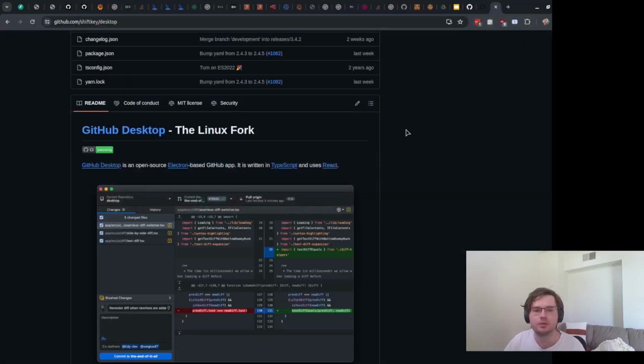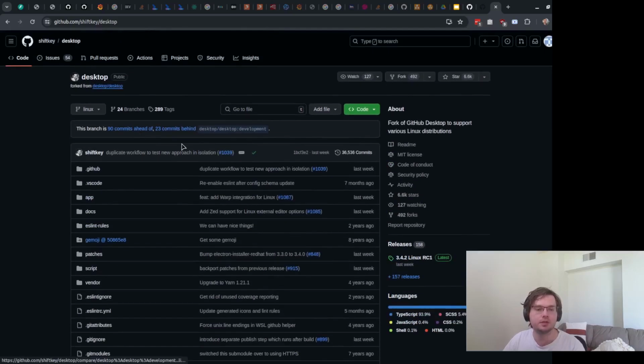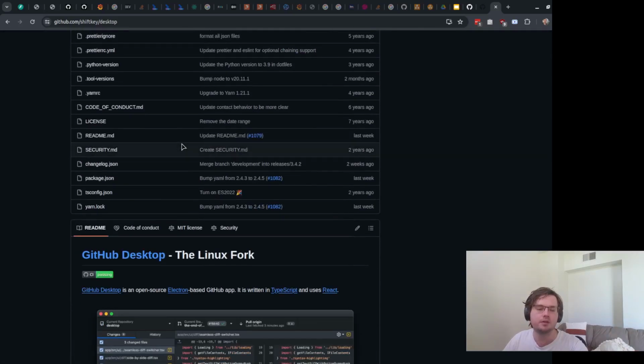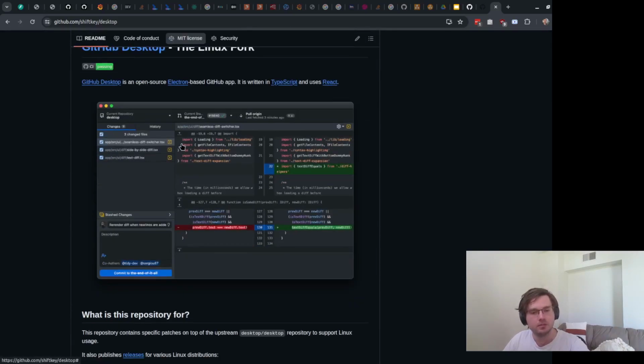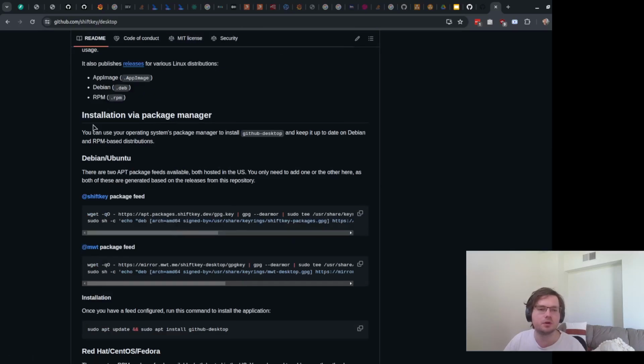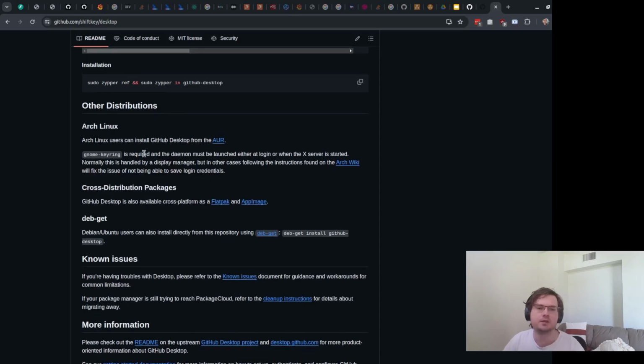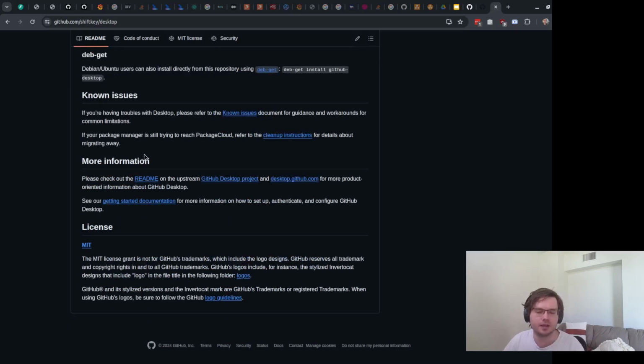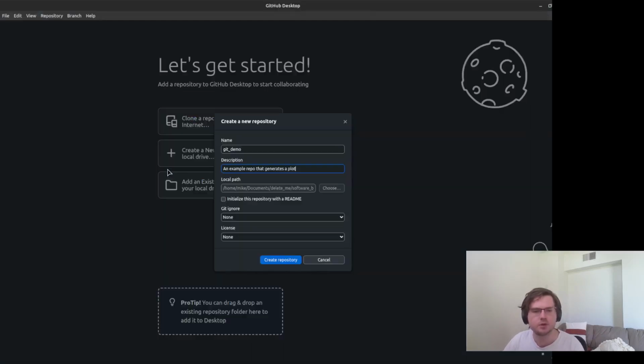So if I go back to this repository, which is the GitHub Desktop itself, which is in its own Git repository, funnily enough, this is their README. So you can see that when you open it on GitHub, the first thing that you see is obviously all of the files that are inside it, but then also the README, because it maybe has some information like what is this repository used for, how to install it, and all kinds of other interesting and useful information like that. So those are the kinds of things that do go into the README.